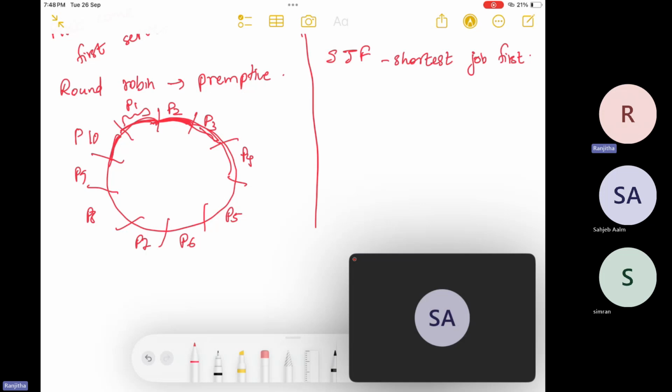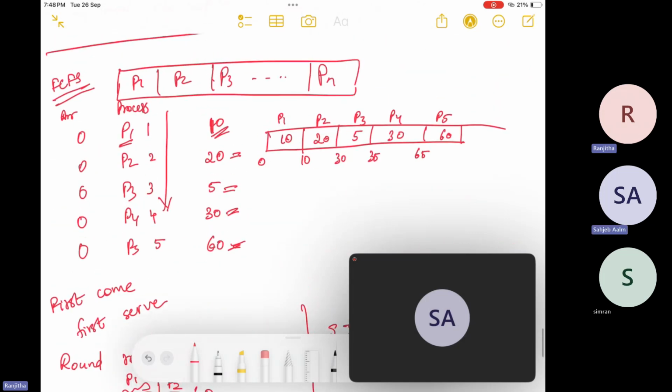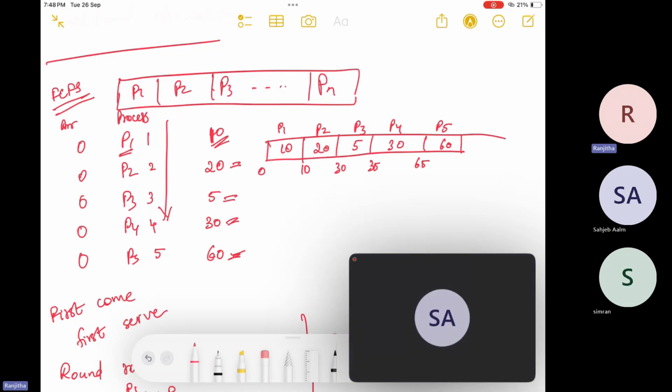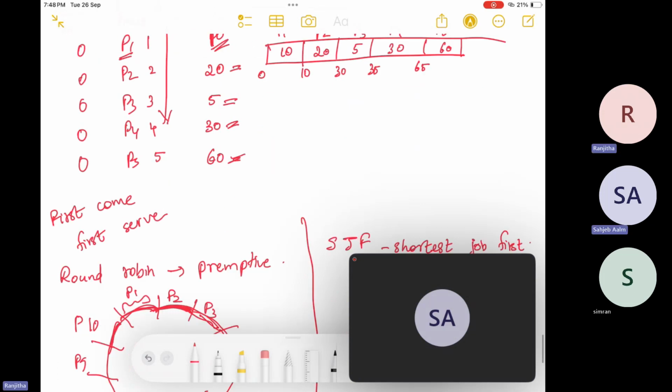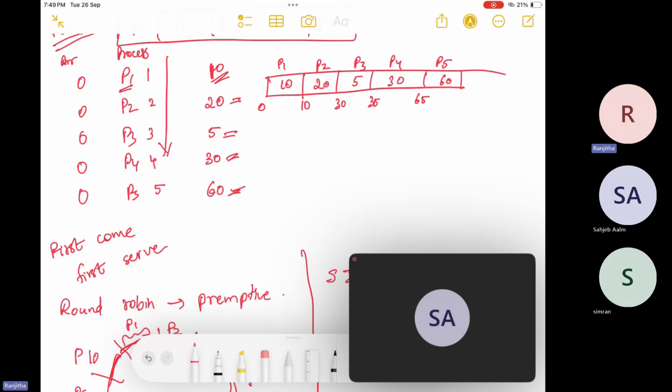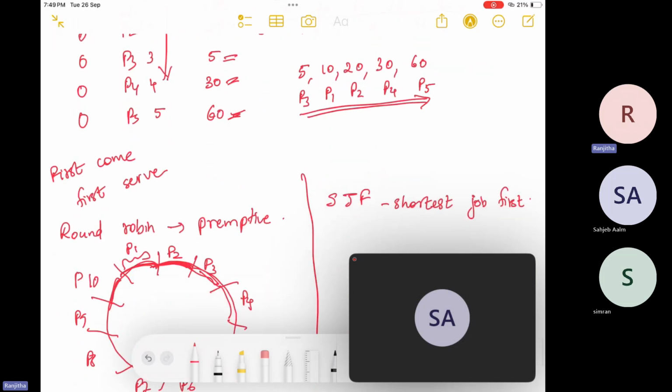तो इसमें कैसा होता है कि जब भी प्रोसेस का बर्स्ट टाइम है ना, बर्स्ट टाइम के हिसाब से इनको पहले सॉर्ट करेंगे इंक्रीजिंग ऑर्डर में। तो पहले 5 आएगा, फिर 10, फिर 20, फिर 30 एंड 60, राइट। ओके। P3, P1, P2, P4 एंड P5, तो इस ऑर्डर में एग्जीक्यूट किया जाएगा SJF में। जिसका बर्स्ट टाइम सबसे कम है पहले उस प्रोसेस को सीपीयू दिया जाएगा, देन वो प्रोसेस कंप्लीट होने के बाद द नेक्स्ट वन को दिया जाएगा।